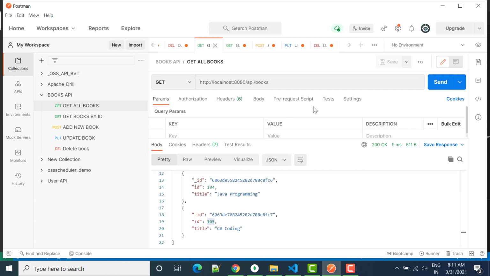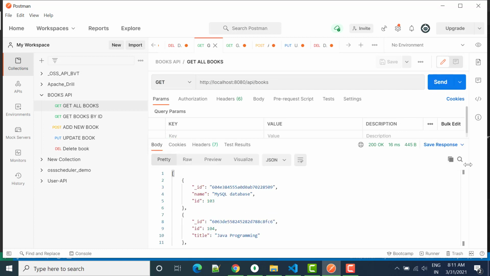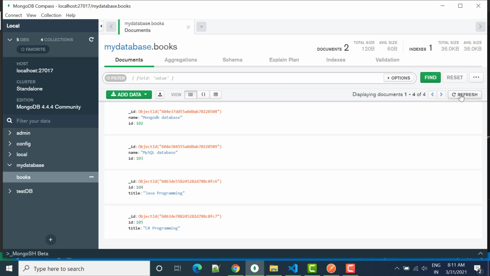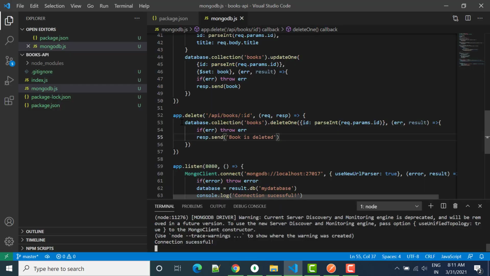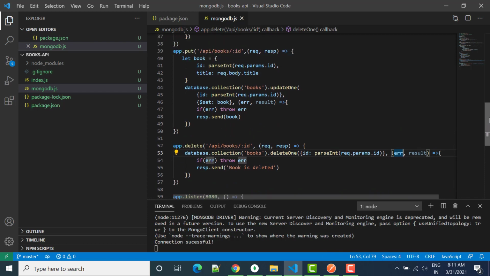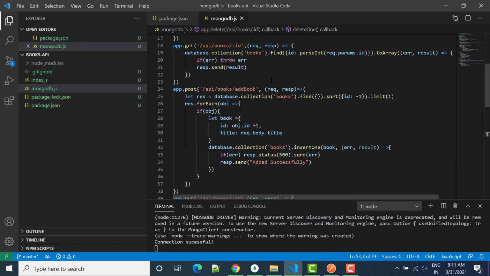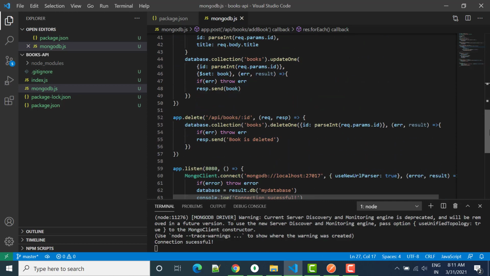So if I click get all, we will see that data is coming from 103. We have only these three records available now. So basically in delete we have to add one validation. If the record is available, then only we have to perform these things. In case of delete, we can just write similar to this one. We'll have to first find, and if data exists, then do the other stuff.